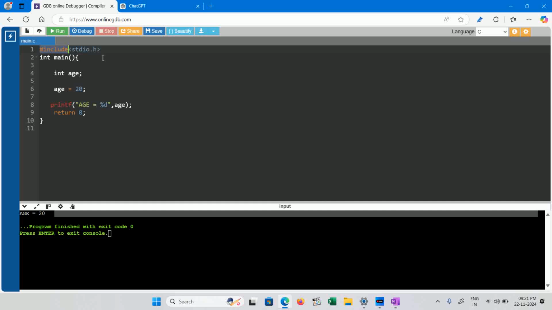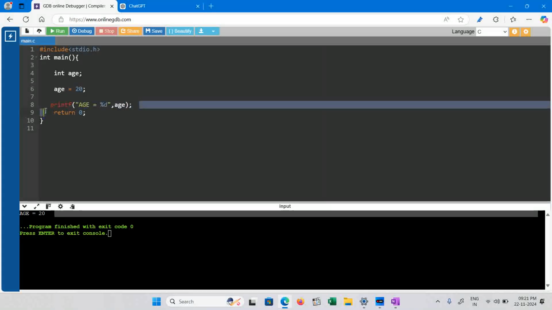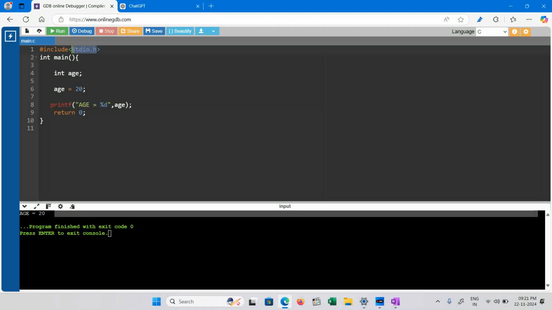And it is the purpose of stdio.h to add a library where a particular function has been defined. So this printf is defined here. So stdio.h will have the definition of this printf function. Okay, second thing that we have discussed, that initially we have started with the printf statement